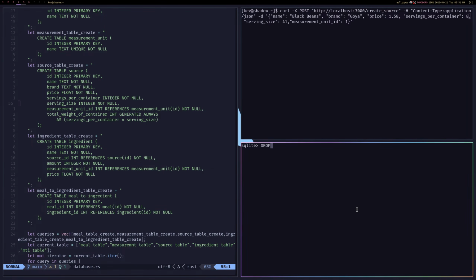So we'll do drop table. We'll do drop table source. Okay, and then if I do .tables, that source table's gone. What I'm now gonna do is a create